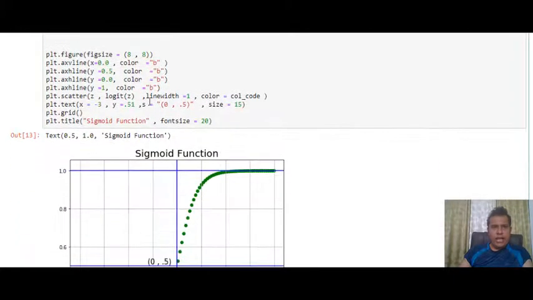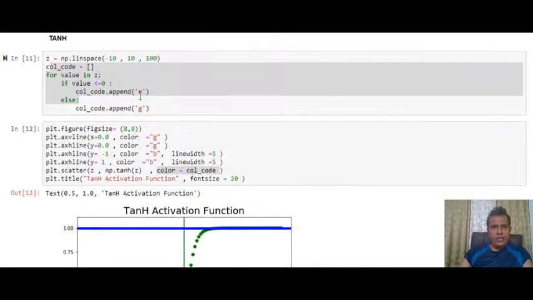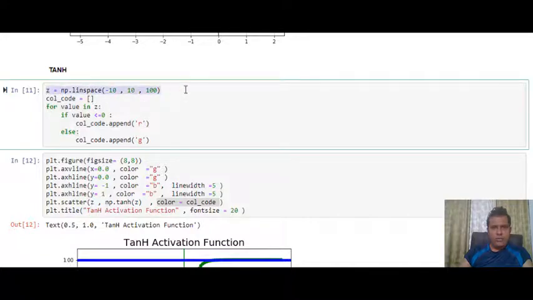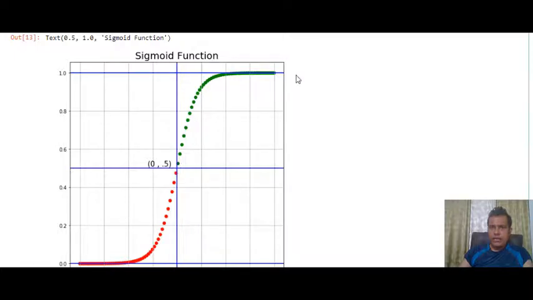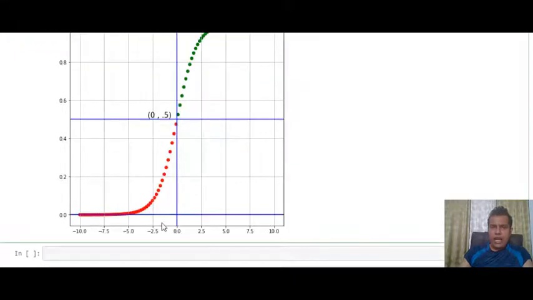Over here, again I have used the color code. Above, this blue line is on the higher side, this green dot slowly touches 1 at infinity, and on the lower side these red dots touch your x-axis at infinity, and this 0.5 is acting as your barrier. So if values are less than or equal to 0.5, you are marked in class 0. If the values are more than 0.5, you are marked in class 1.